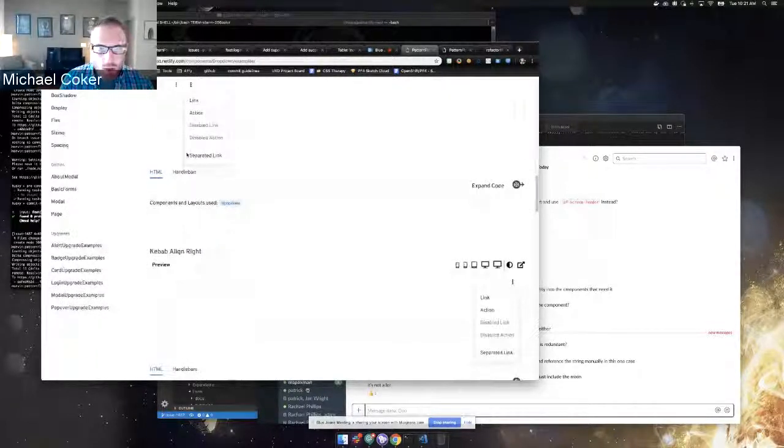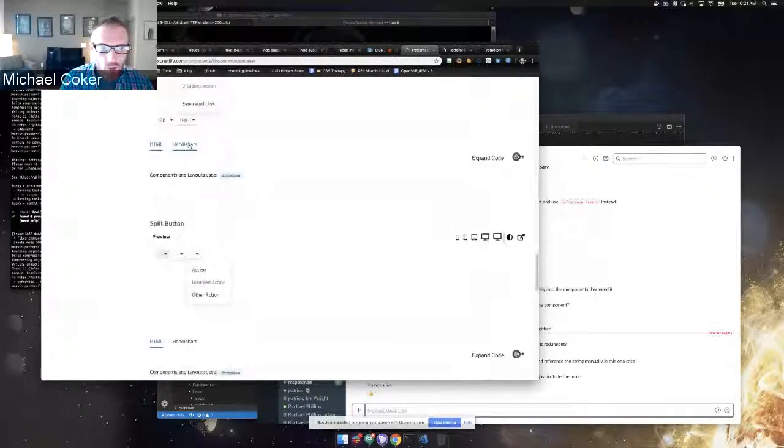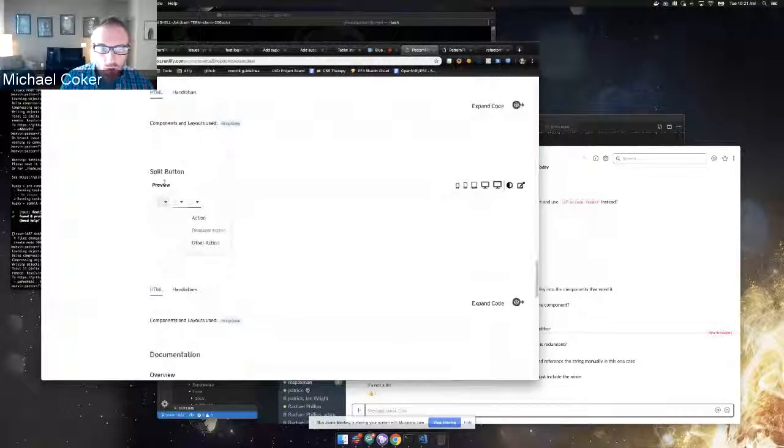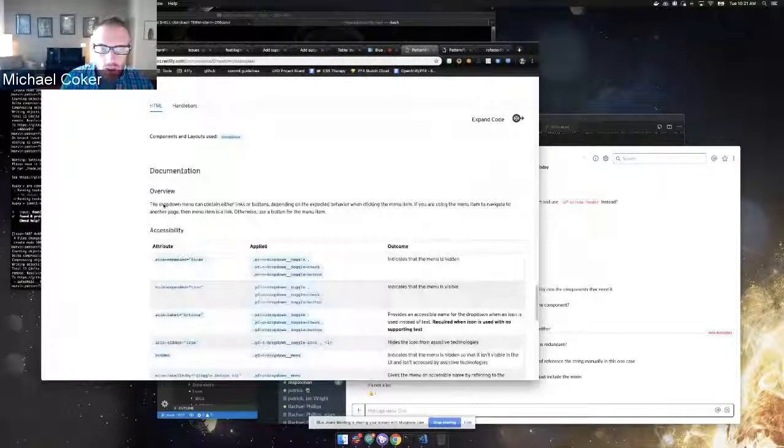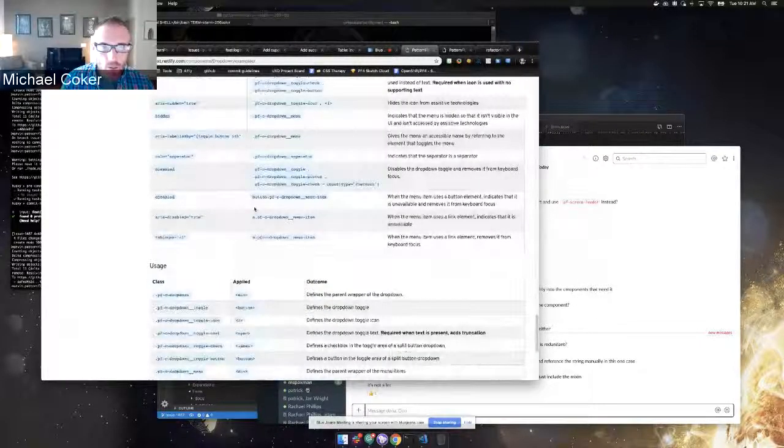And then for a different variation of the drop-down menu, we call a split button, where you can have multiple actions inside of a single toggle. There's a disabled state for that as well. And then if you were interested in using it and had questions, that's included in the documentation down here. Up next is